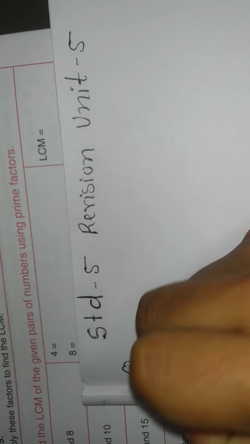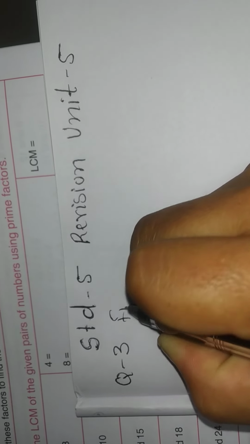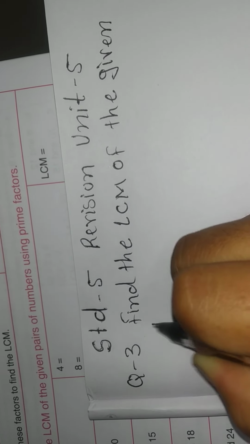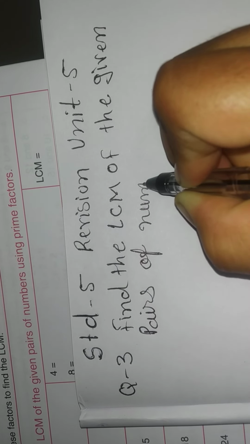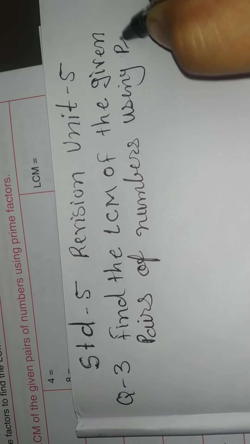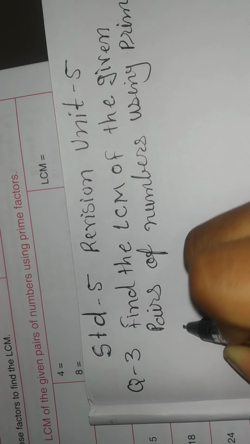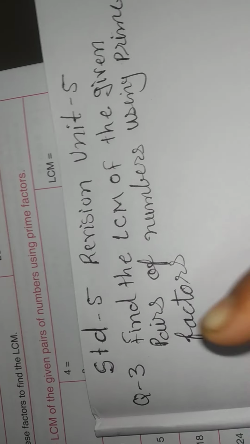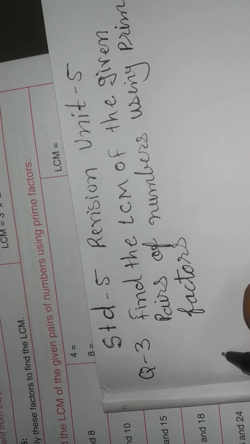Then we'll write question number 3: Find the LCM of the given pairs of numbers using prime factors. In that, sum A1 is